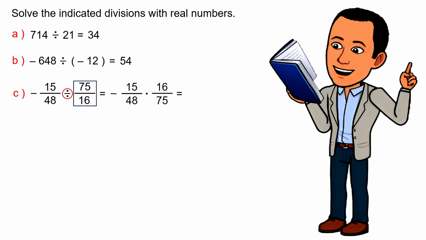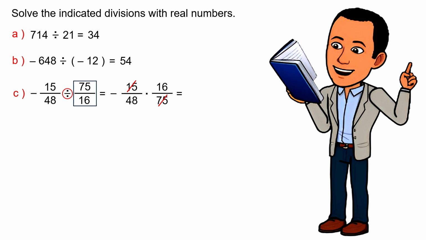Some teachers indicate to calculate the product of the extremes. That would be 15 multiplied by 16, and this product divided by the product of the means, that would be 48 multiplied by 75. But since the result yields large values, the simplification for most students becomes somewhat complicated. Instead, we proceed to simplify the 15 with the 75, and we would have